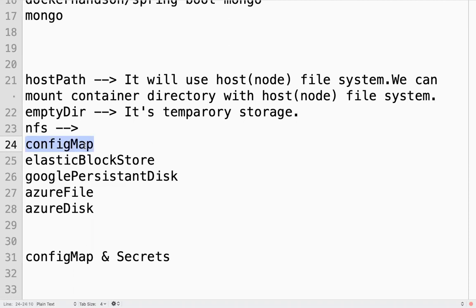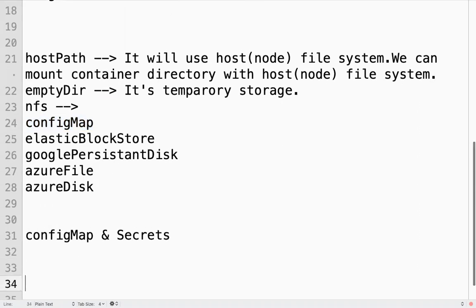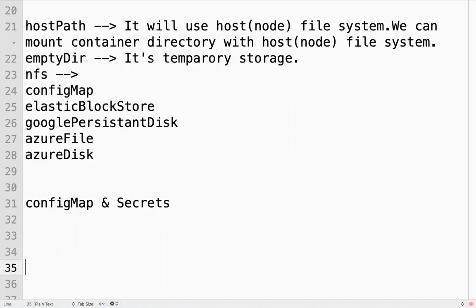The config map will be used to attach some file as a value. Let me give some example. Suppose you have Prometheus.